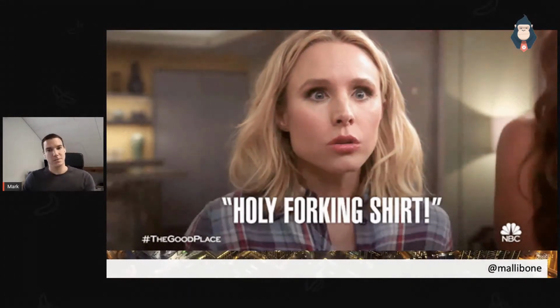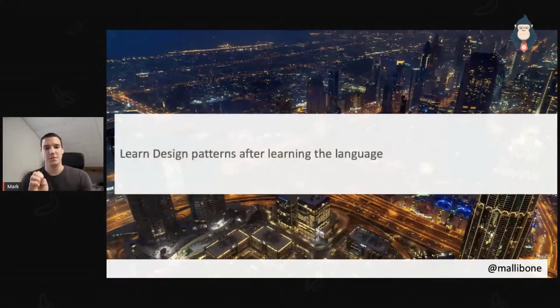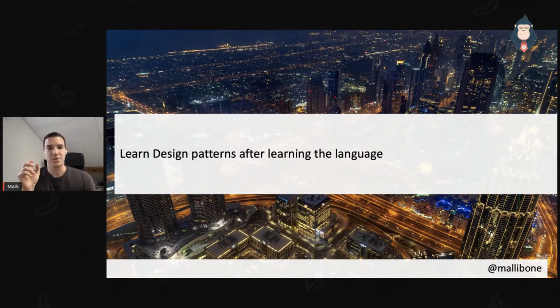And don't stress if that happens to you. I generally like to give this advice: learn design patterns after you learn a language. I'm pretty sure you did not take the Gang of Four book, look at that, and then think, okay, I've now read that, I'll now start to learn a programming language that uses OO. No, usually you start out with the OO language and then you slowly evolve towards that. So you can read patterns that are more functional based, and those are some of the names I just dropped before, but you can use F# without knowing them really greatly.